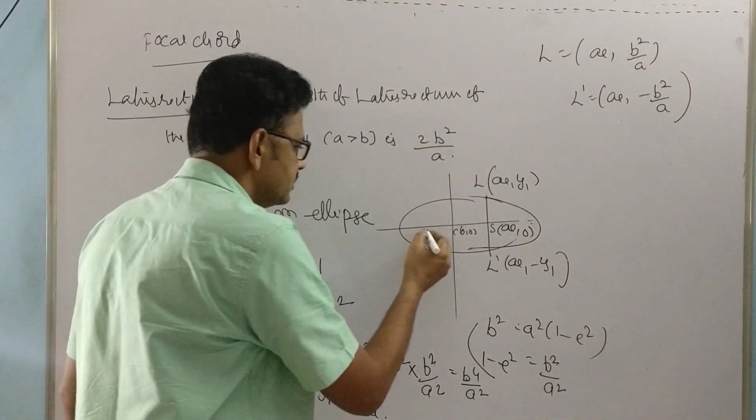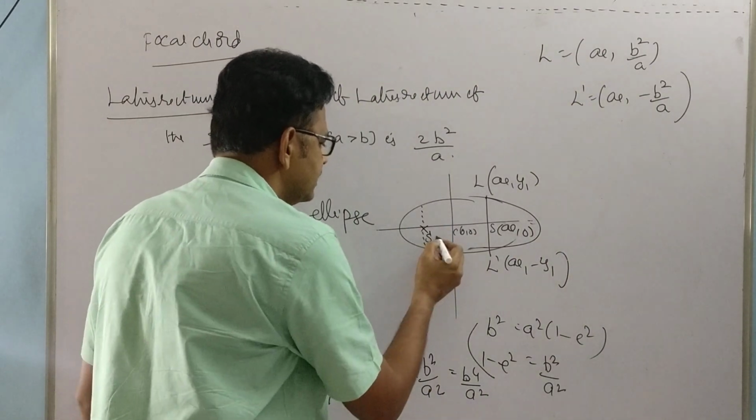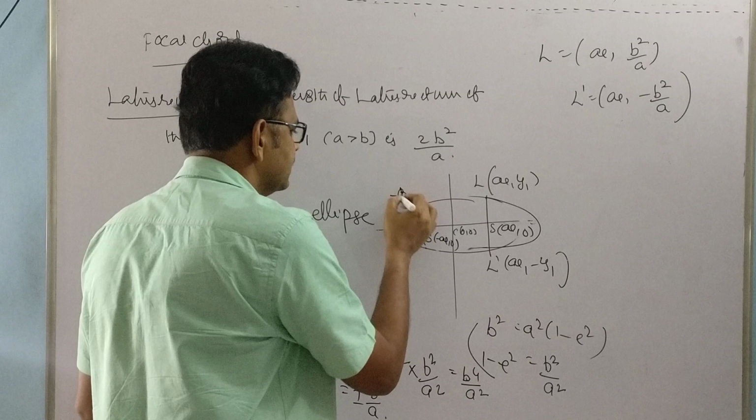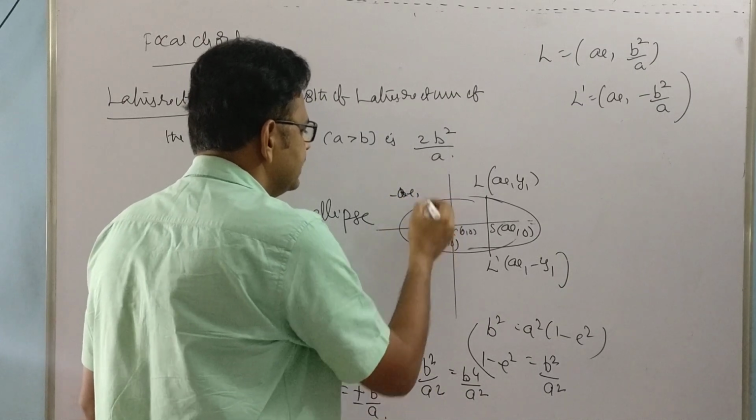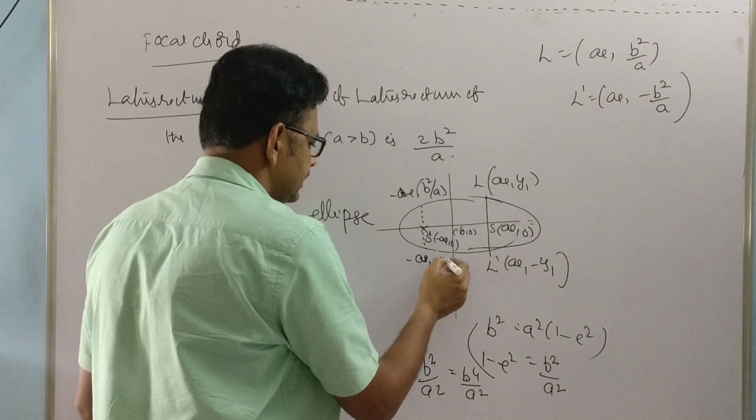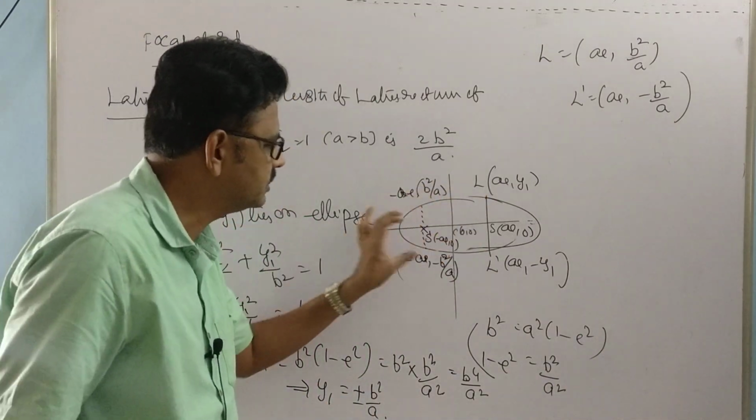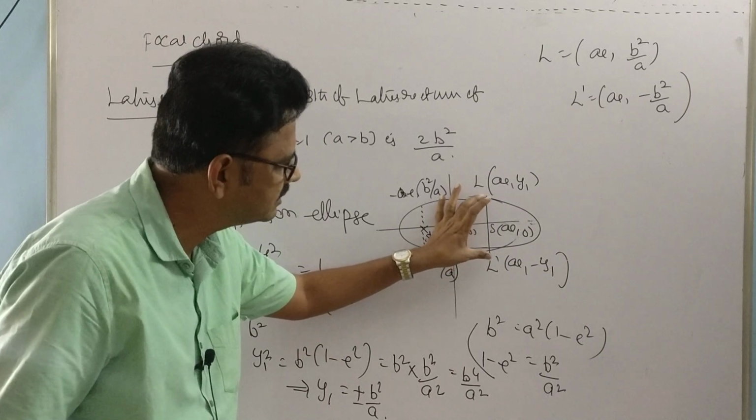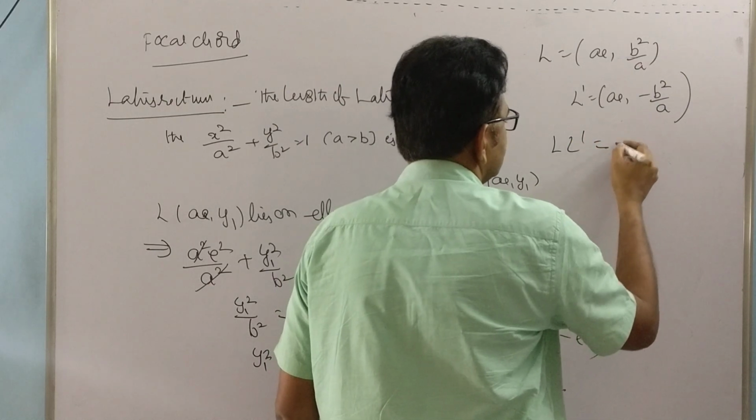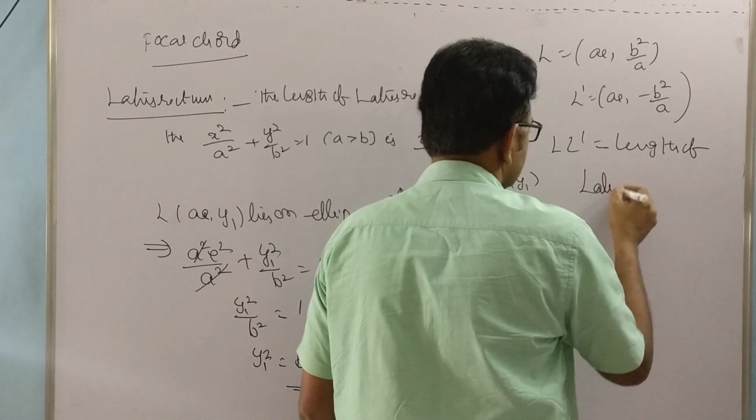Of course, this is also a focus S dash. If you take these coordinates (minus ae, 0), what about this one? Minus ae, b square by a, and minus ae, minus b square by a. But the length is the same for both. In general, you can just take this L dash. Therefore, the length of the latus rectum